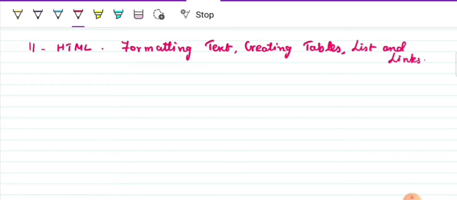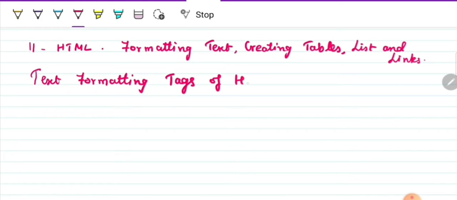Yes, first we can see the first tag. So the first is text formatting tags of HTML.